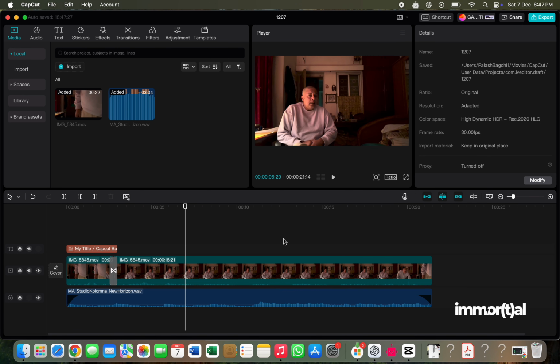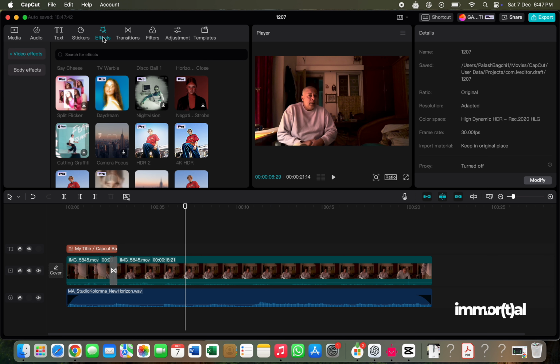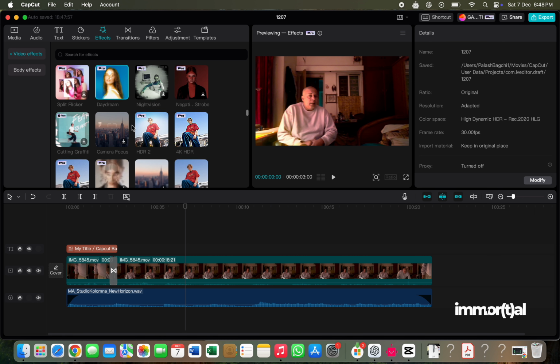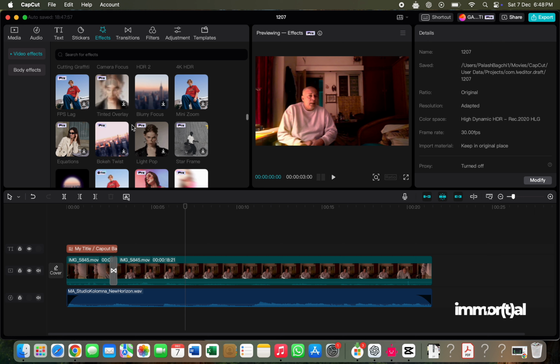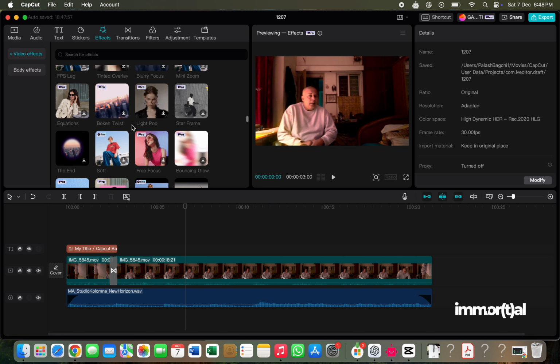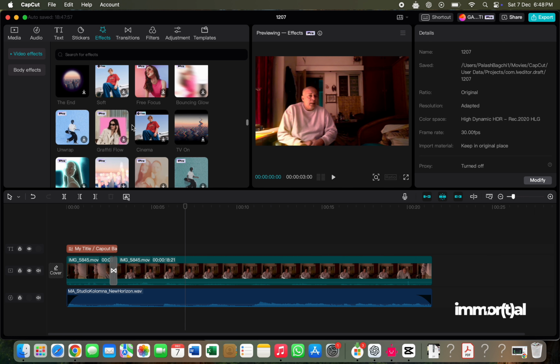Now let's make this video pop. We're going to first take a look at the effects. Now there are various effects available in CapCut. You can just scroll your mouse over it, click it, and see how it affects your film. And see it in the previous screen. There are so many different types of effects which you can choose,